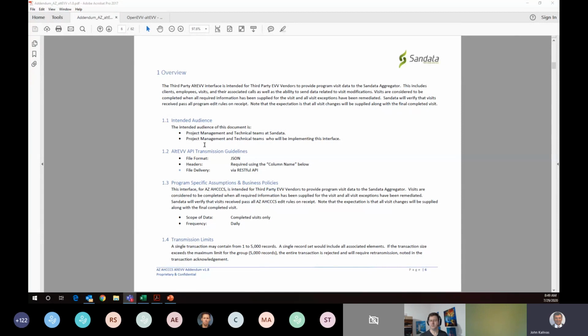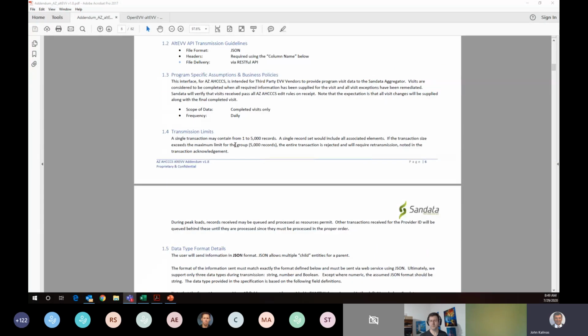There's a couple of transaction limit sizes that we enforce, and this is just from a speed perspective. We don't want your service to hang out there for long periods of time, or have to code in pauses that are waiting for databases to be updated or exception logic to be applied. So we're putting a 5,000 count maximum on the size of the transactions that you can send. We recommend that you send as many as you can in an individual batch, or you may prefer to send it more frequently. I've had others move towards more frequent transactions to keep speed as their primary goal,